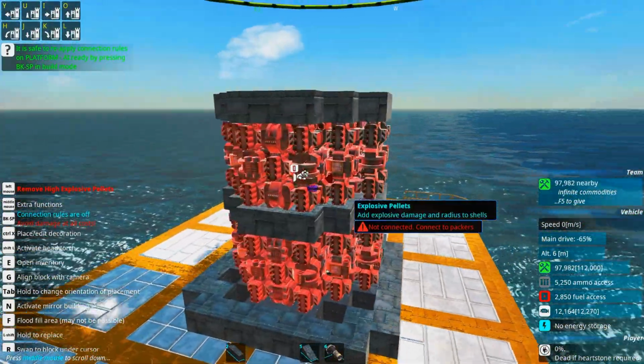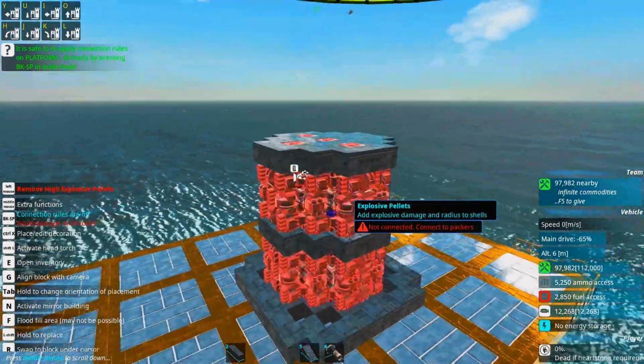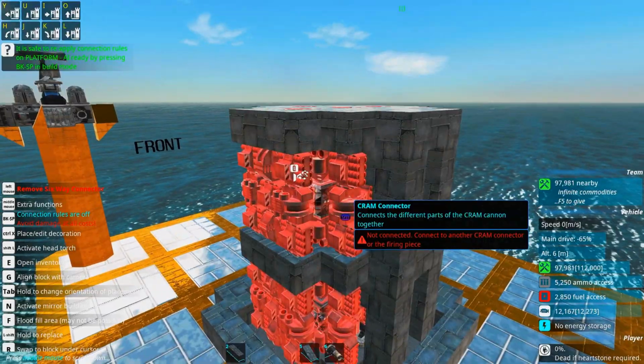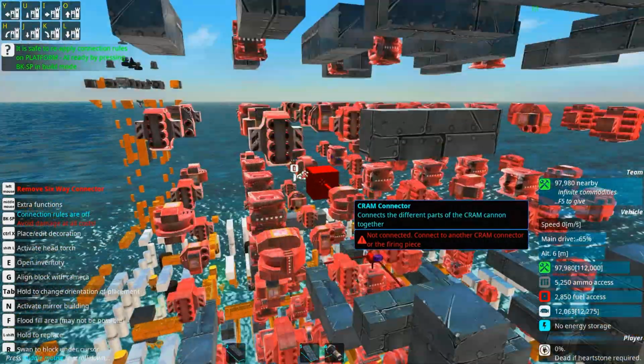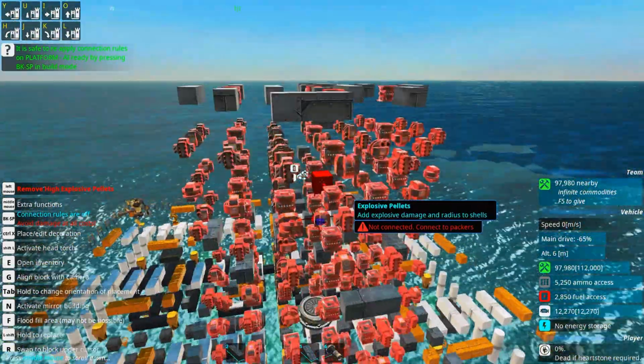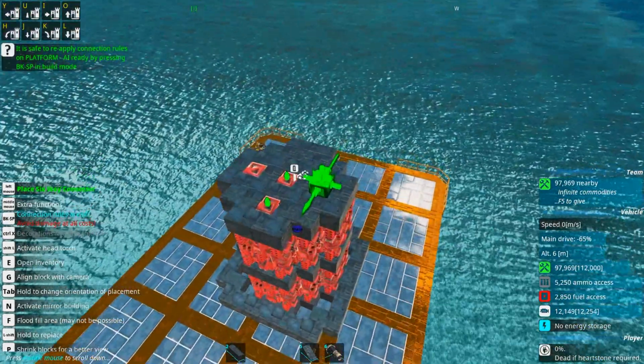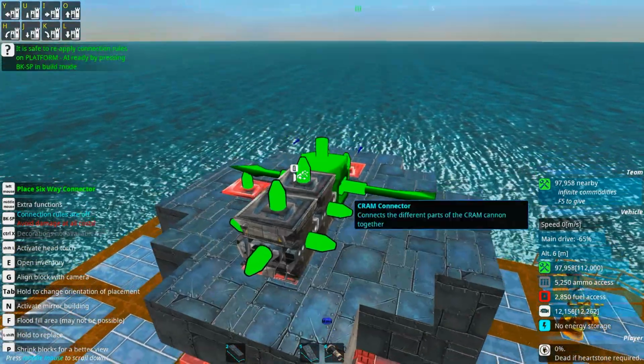I am sandwiching this thing for increased durability, as you can see here. And if you're unsure if you can fit blocks inside of here, click P and you'll see the miniature, and it will be much easier to check out. As you probably have been noticing when building, everything is glowing red, and this is because we don't have a